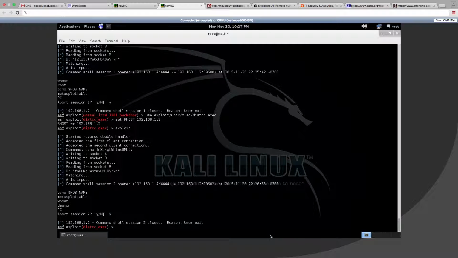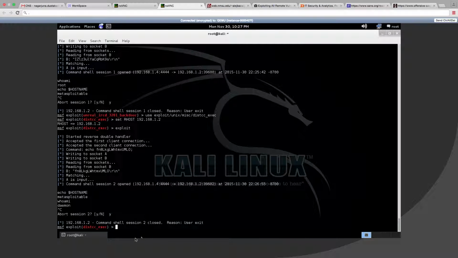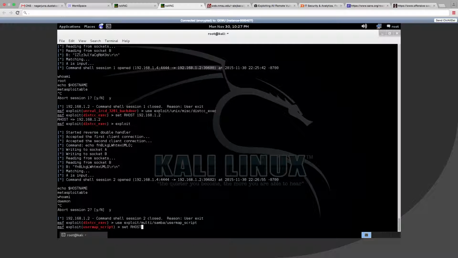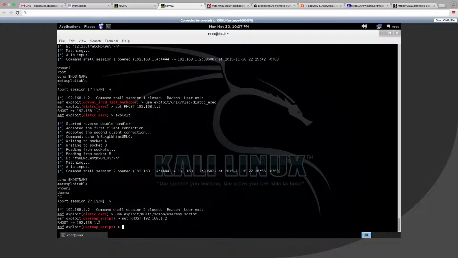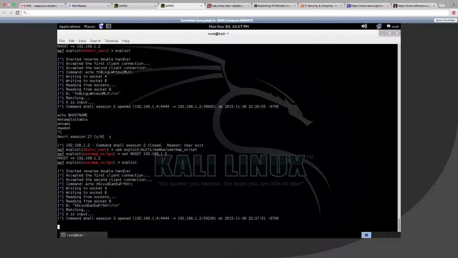The third vulnerability is Samba. The Samba version that Metasploitable is using is very old, so it has a vulnerability which can be exploited using use exploit multi/samba/usermap_script, set our host, and exploit. This sends the command for exploiting, and once the Samba usermap script is run, it exploits the Samba service of the machine and logs in without any username or password, and